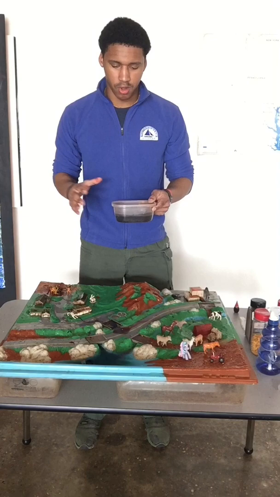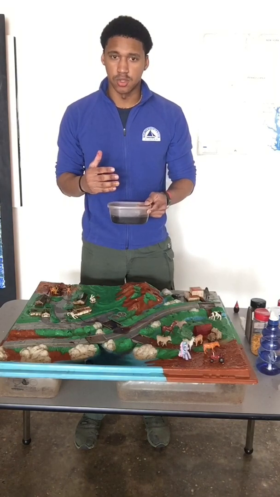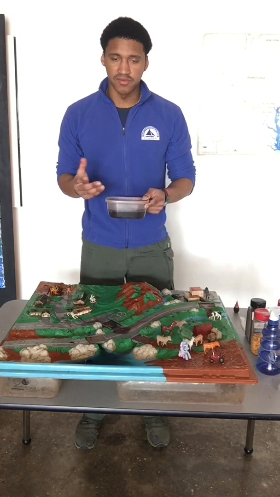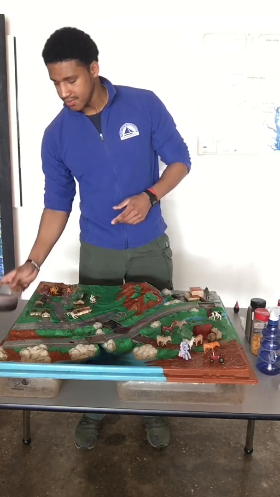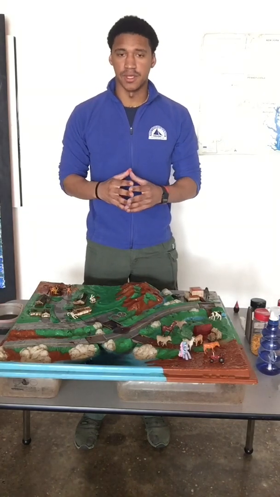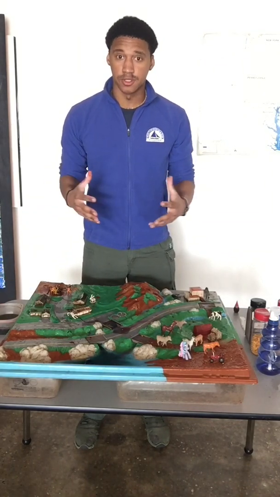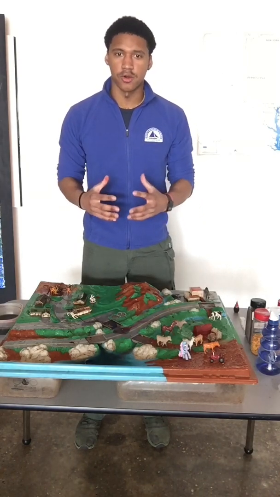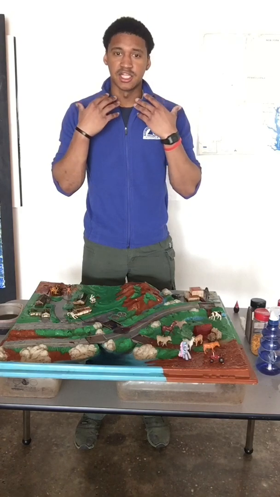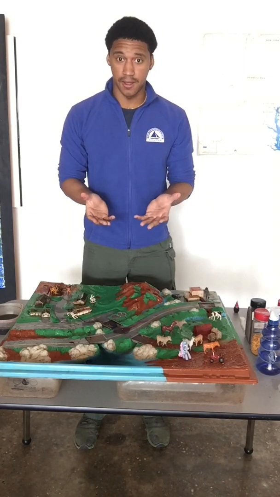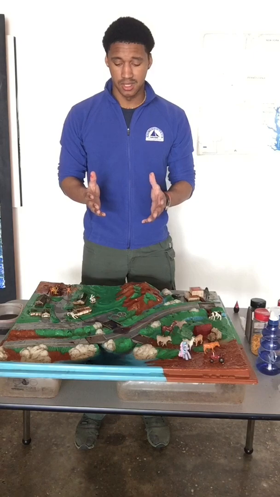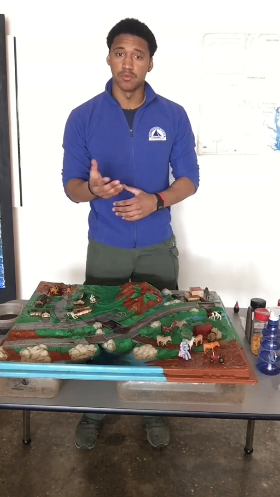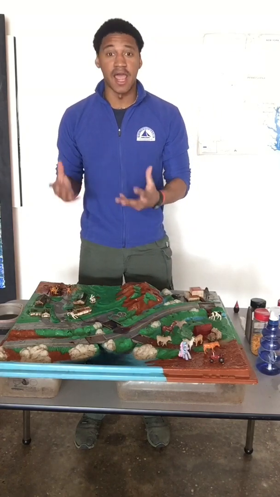So let's talk about this. All of these pollutants made their way into the water. So how does that affect the animals, all right, that live in the water? It affects them in a lot of different ways. Well, one, we talked about a lot of dirt, okay? Or sediment is a term you can use. When there's a lot of dirt in the water, what happens is it actually clogs the fish's gills and they can suffocate and die. We certainly do not want that to happen. Another thing that happens is, remember, we have all this trash in the water. A lot of times animals mistake it for another animal, okay?